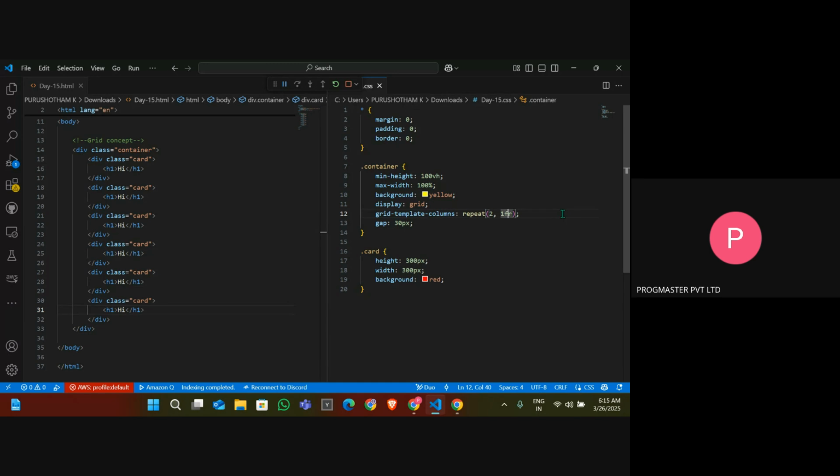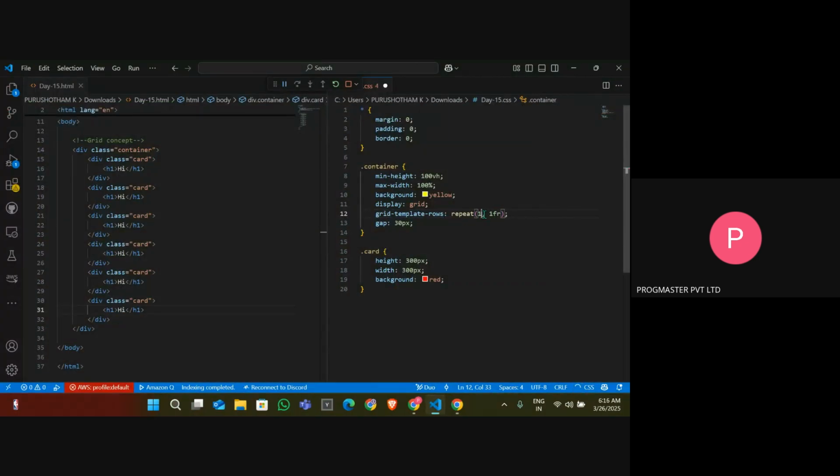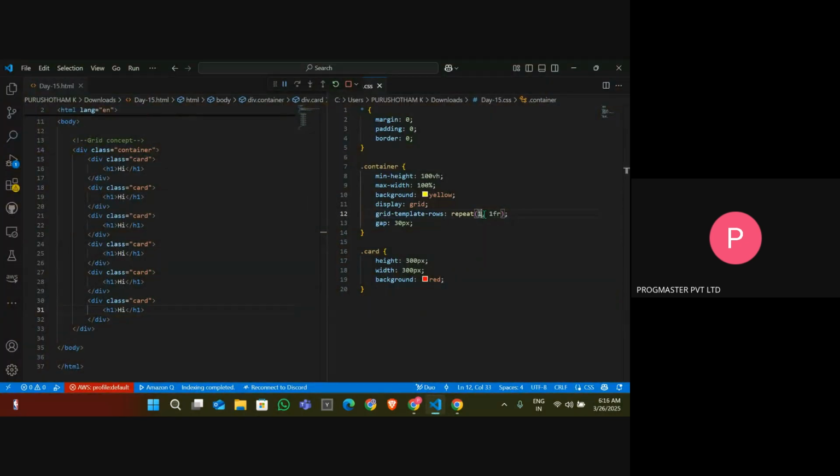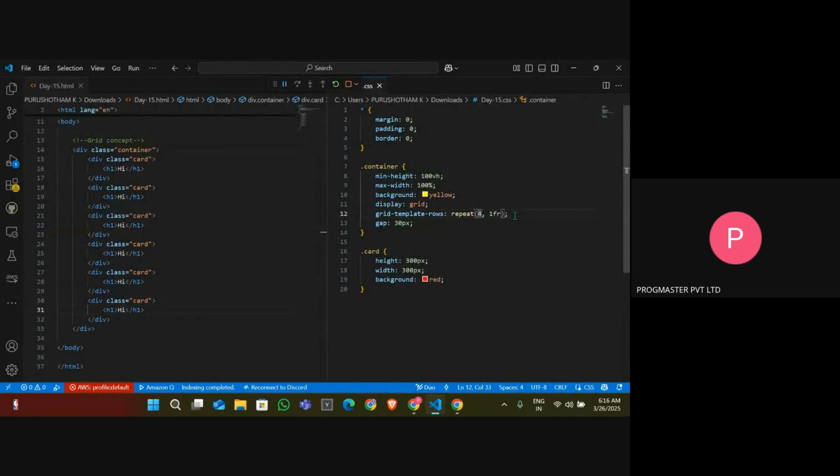When we talk about customization, it's all about how many columns you want and how many rows you want. You can decide that. For example, you can also use rows here. See here, this is how it will work. When you use rows, it's different. When you use columns, it's different. So this is how the row will work. For example, if you use 4, in some cases the grid template rows will not support the box or container. It's all about